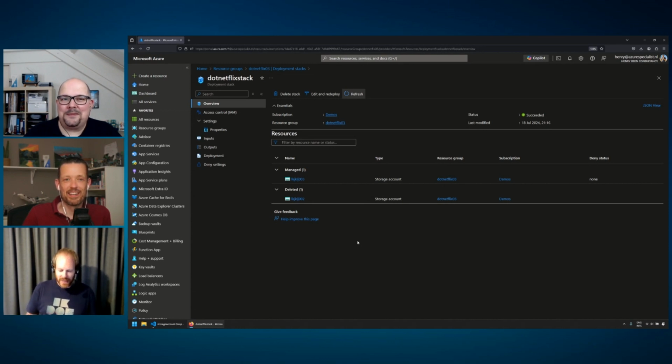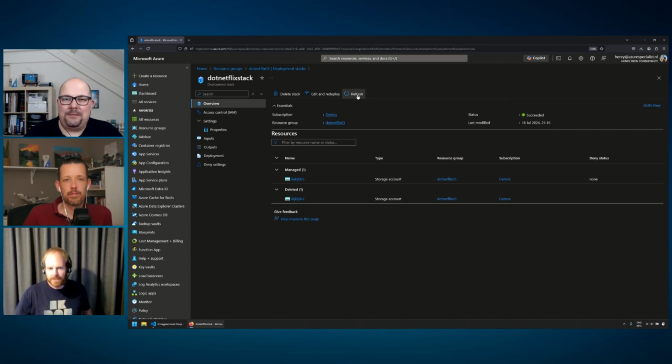The thing is, these are properties of the state of the stack. What I would love is for a resource to have a property saying part of the following stack, or not part of a stack, because then I can use Resource Graph to query all the resources that are not part of the stack and start shouting at teams. From an architect or infra ivory tower point of view. Your words. Yes, absolutely. If somebody can get me an ivory tower, because I absolutely don't have one. Or you could make them part of a stack by deploying a stack with those resources in it, right? Yes, because it will absorb the resources.